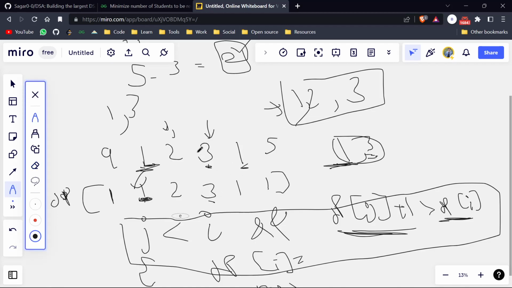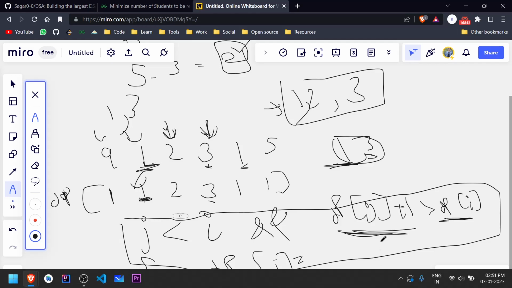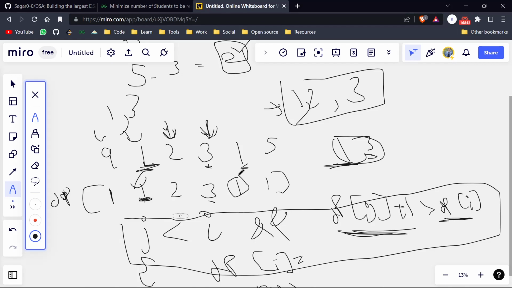And after that, we will check with 1. So we will check 1 with this, with this, with this, and this. 1 is not greater, so the maximum answer for 1 is here 1. And when we are checking with 5, we will check 5 with 9 with 1. When we are checking with 1, we are checking for a subsequence 1 5. So it will here have size 2. And when we are checking with 2, we are checking for 1 2 5 subsequence, and then it will have